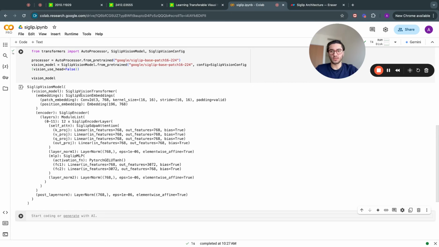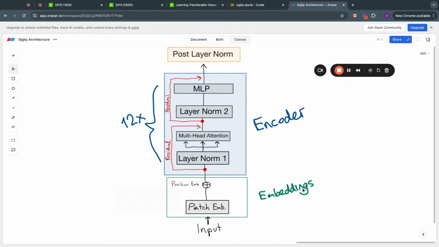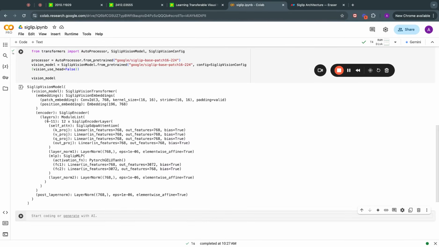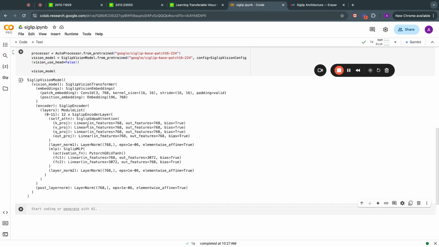This is the contents of this vision model, but it's not in sequential order. So first of all, we can see SigLIP vision embeddings here, the patch embeddings and position embeddings. When we look at the SigLIP architecture, the embeddings are this green box. We have the patch embeddings and the position embeddings. And then we have the encoder, and this encoder is this blue box over here. And what you can see here is we have the layer normalization, multi-head attention, another layer normalization, and multi-layer perceptron, MLP. And when we look at our